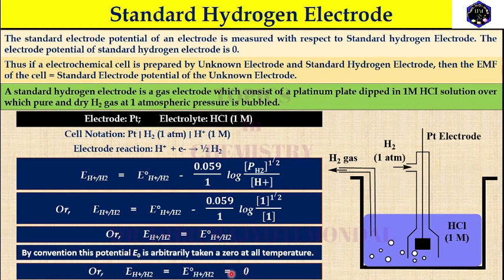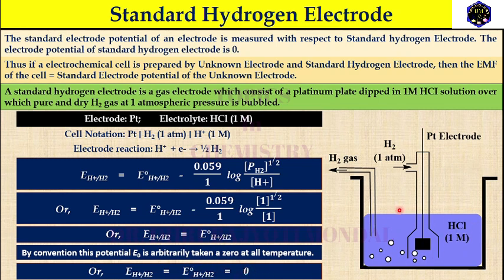Now the question is why the standard electrode potential of hydrogen is 0. Here you can see the hydrogen gas is passed through this electrode, and when it is passed, this hydrogen gas gets adsorbed on the surface of the platinum, and from that adsorbed gas a small amount of H plus is produced and a potential difference is developed. This potential difference is denoted by E0, and this E0 value is almost 0. The E0 value is close to 0. That's why E0 of H plus/H2 is equal to 0.